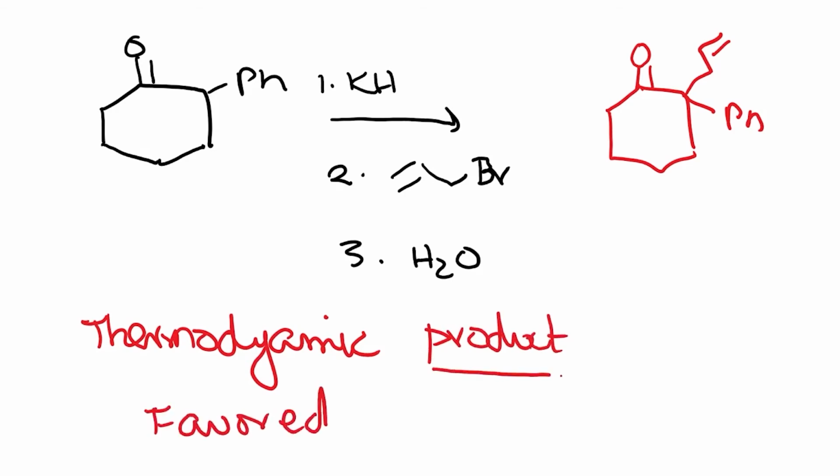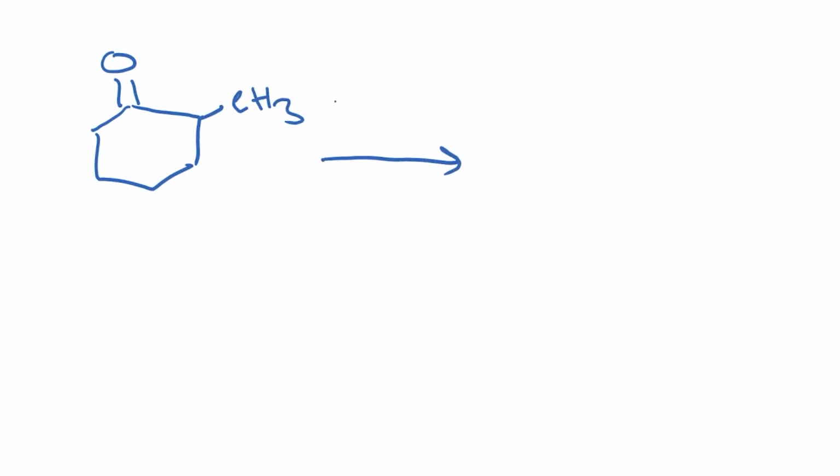Okay, and by product, what I actually mean is the intermediate, the thermodynamic, the more stable enolate, is formed, which then gives you the product. Now, the other way in which we are used to generating enols is to use the trimethylsilyl enol ether. So when we start with this kind of a ketone, when you react this